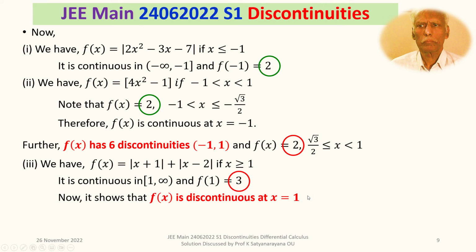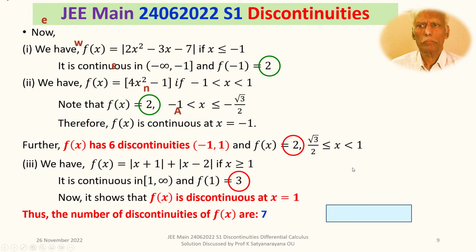So in all, there are 6 discontinuities, and this is one more discontinuity. Therefore, in all, there are 7 discontinuities. Therefore, the number of discontinuities of f of x is 7. Our answer is 7. It is definitely an interesting question, but it may be a little bit difficult in the